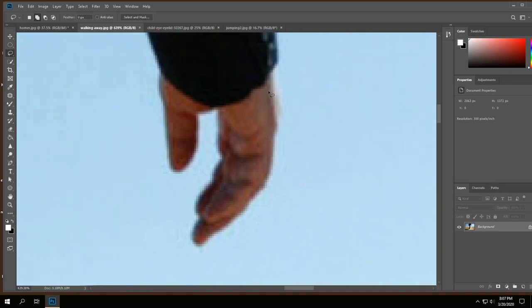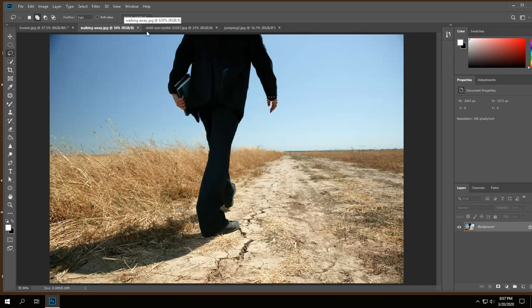It's a lot easier to do an exact job when everything is 4 times as big, right? I couldn't even see this level of detail when I was zoomed out at that other side. So one of the really important techniques in Photoshop is if you want to do pretty good work, you probably ought to get close to what you're doing. Now let's see what that actually looks like from full size, right? So Control 0, there's his hand